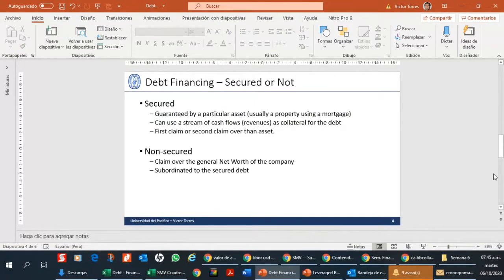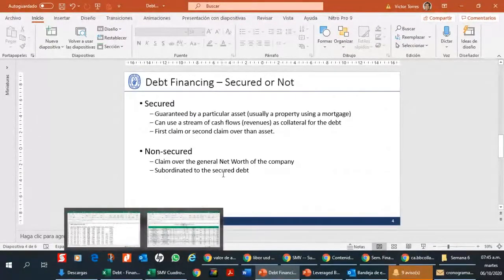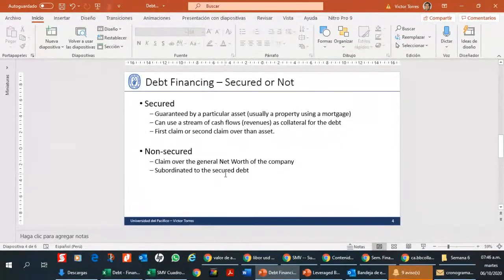Okay, let me separate this into other dimensions. The first other dimension we're going to touch base on is secured versus unsecured debt. Usually when you hear about secured debt, you immediately think about some type of mortgage. There's going to be a lien, a mortgage on one of our particular assets, a property or a land, a building,